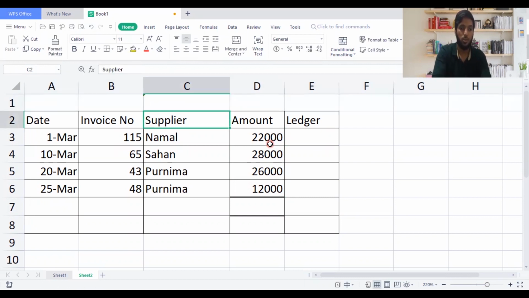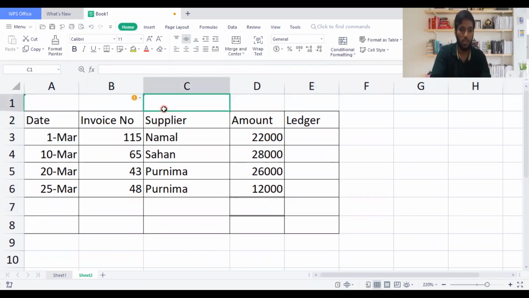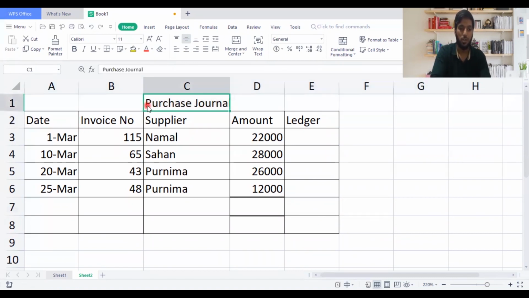And you just need to know one particular thing. Now, this purchase journal is related to whom? This purchase journal is related to Lihini's business. So you can write Lihini's purchase journal, or you can also write just Lihini's business on top of that. But for now, this is just a particular sum, so I don't want to show it off. 22, 28, 26, and 12. So you can see the entire total is 88,000. I'll write here 88,000. After getting 88,000, I need to remember to write one particular thing.